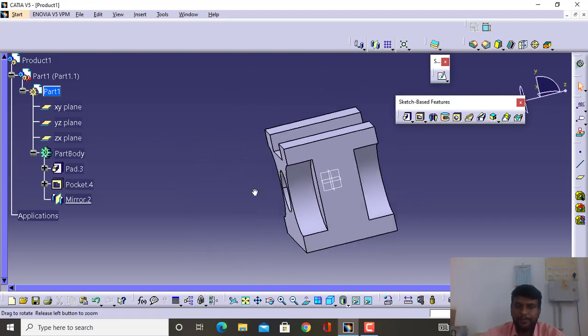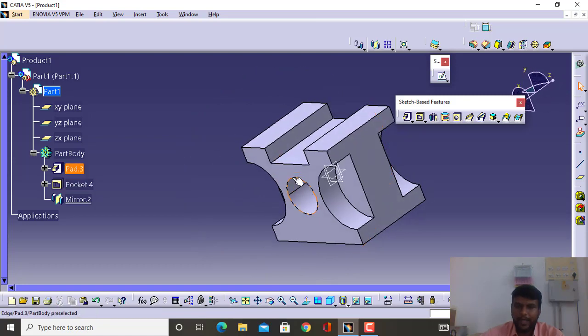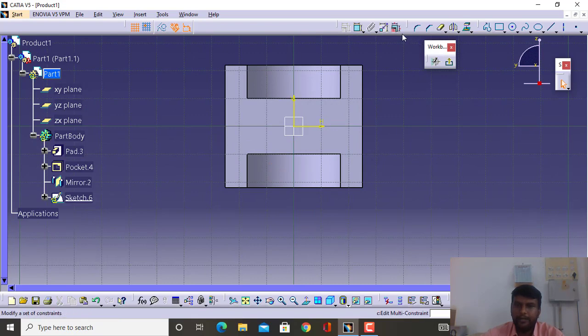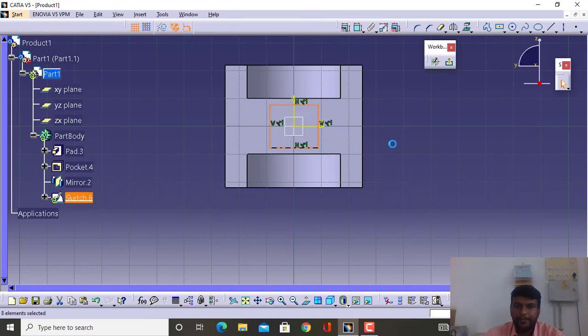Next thing is we require a rectangular section here. We can select either this plane or the surface here. So select the surface on the plane, select the sketching, and create a rectangle here. It is better to take the centered rectangle and create a rectangle here.